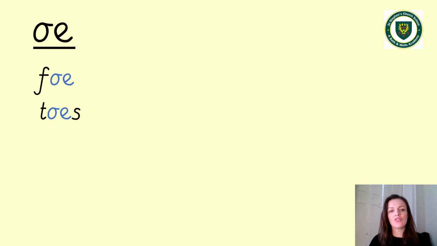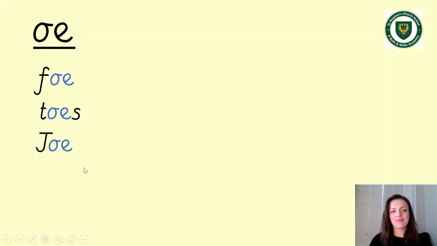And lastly, this one's a name. It's a name, Joe. And just remember your punctuation, what you need to remember when you're writing a name. It'll have been segmented as J, OE. And just notice here, because it's a name, we've made sure we've put a capital letter at the beginning of